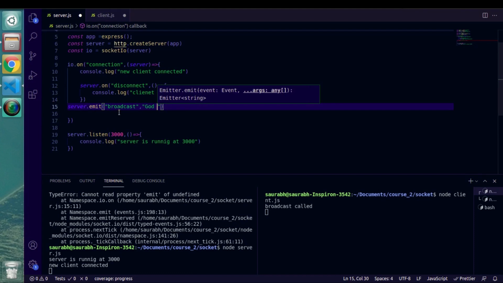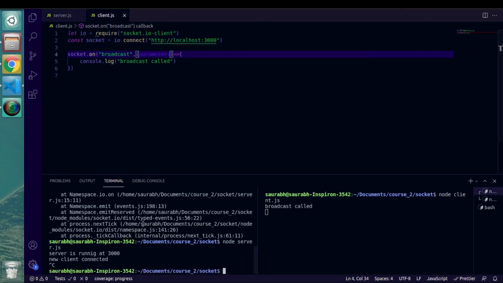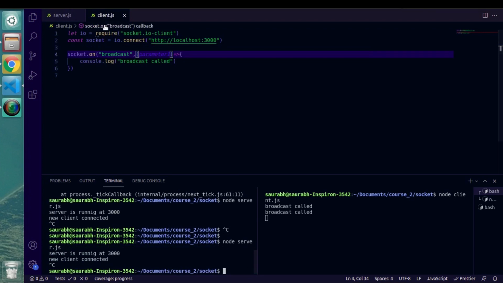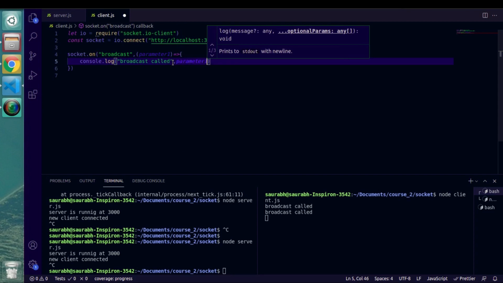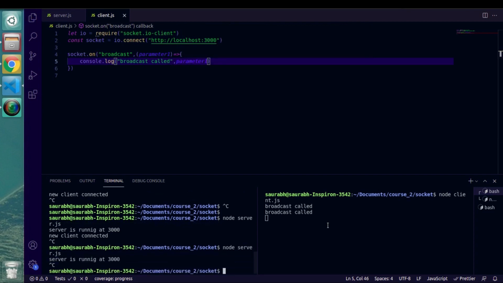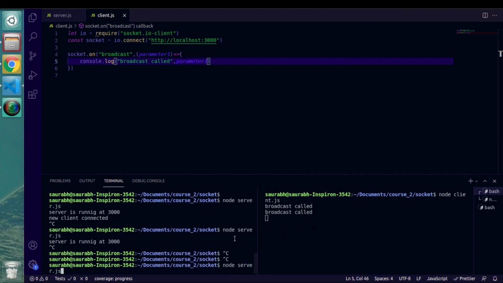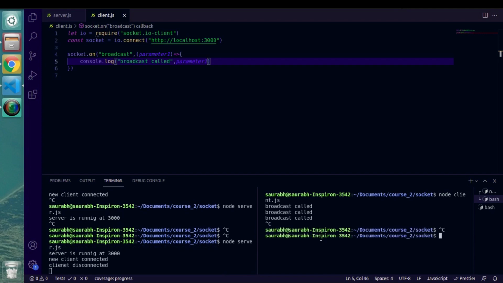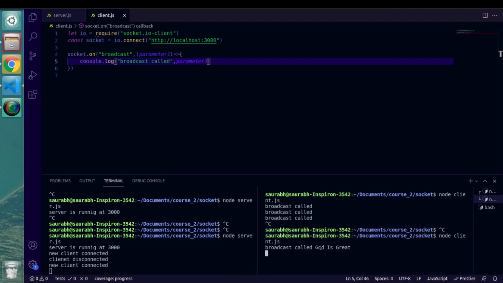And if I save it and re-execute this, before that let me quickly print this so that we'll get to know that it is received. Okay, and if I execute this, we need to execute on the client side also. As you can see here, we got this particular parameter on the client side.